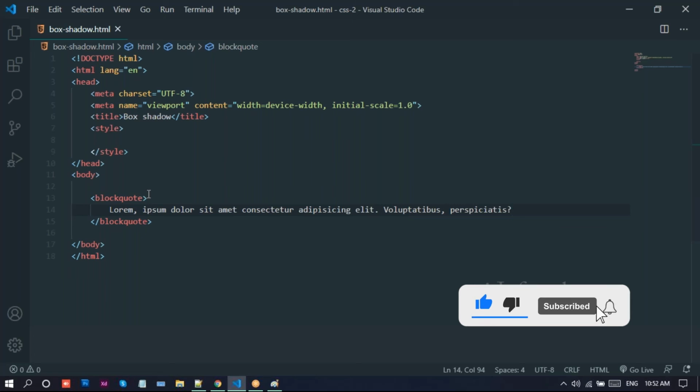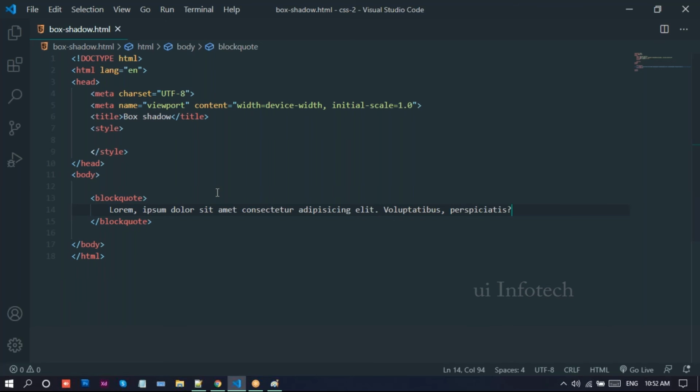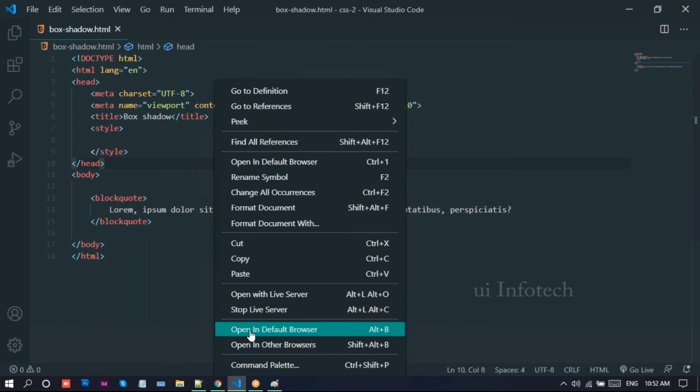Now I'll place this lorem there. For this blockquote I just apply some CSS. Let me run this on the browser, reload this page. See, we placed this blockquote there.